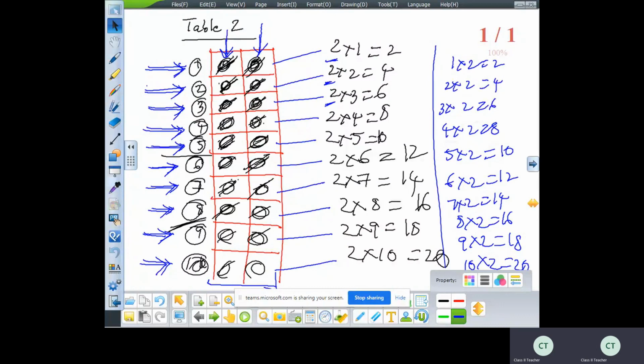Before this table 2, we made table number 1. Now we have finished table number 2. Okay, children, next, you try table 3. Table 3 means use 3. Vertical line means 3 standing lines, and take 10 sleeping lines. Count the number of boxes in each row from starting to ending a number.